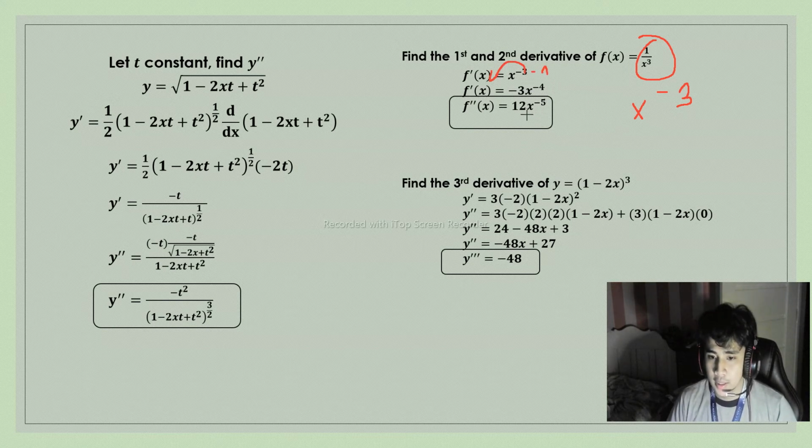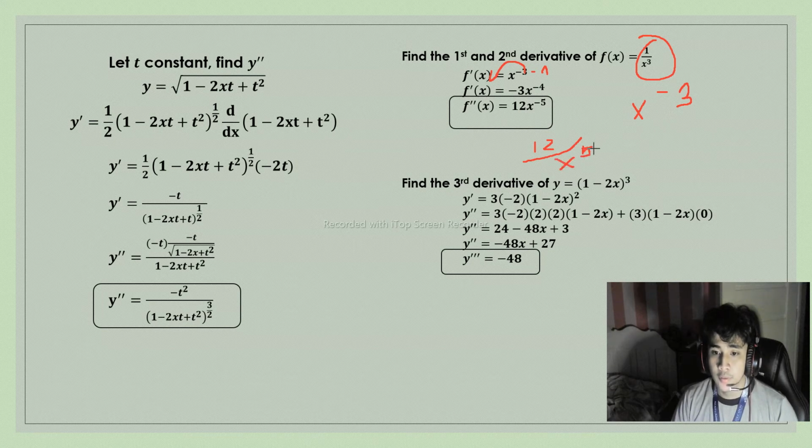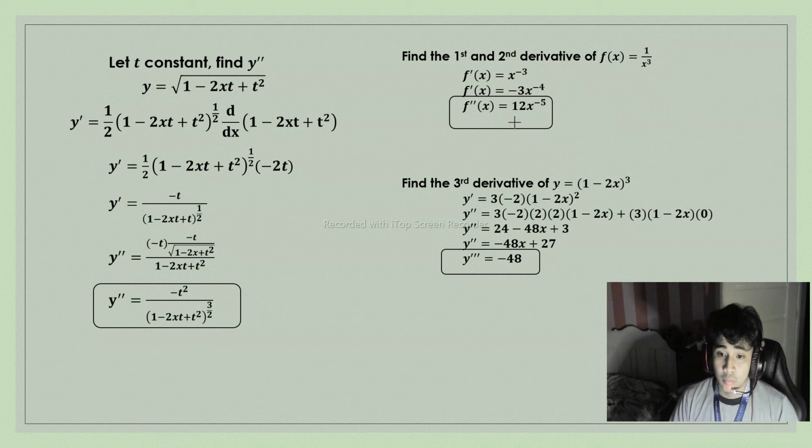Chain rule lang ulit. Ganun lang din sa second derivative. Chain rule lang ulit yung gagamitin natin. That which leads us to 12x minus 5. Pwede rin siya maging form na gantong form, 12 over x raised to 5. Pero mas maganda na ganito para paghanapin mo yung third derivative, hindi mo na gagawin mo lang ulit na ganyan, mahihirapan ka pa. So, pwede rin yung ganun, pero kung masipag ka, why not, di ba? Tapos,